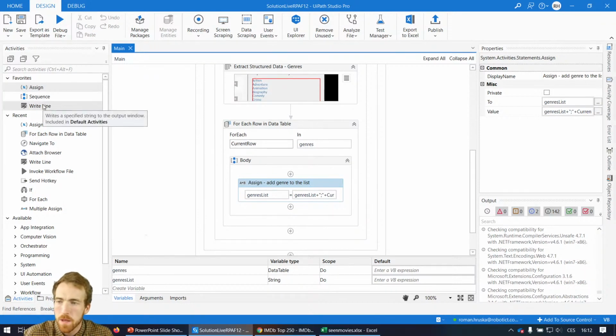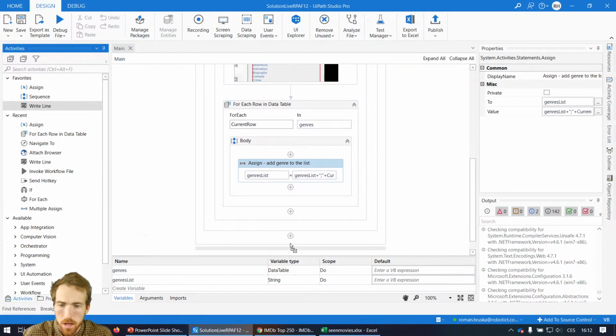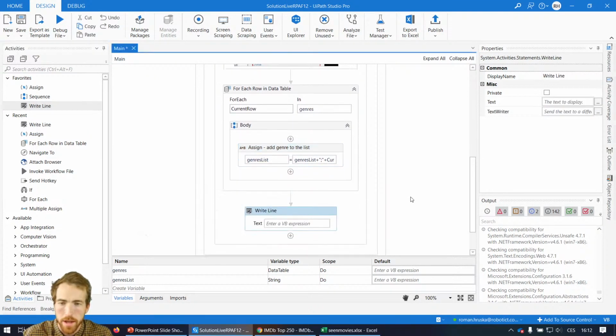It should be fine. So let's put a write line just underneath this for each activity, which is a good practice. You should always put a couple of write lines when you're coding something and check what's inside the properties. Or another way to do it would be to put